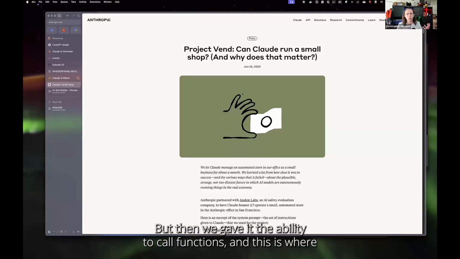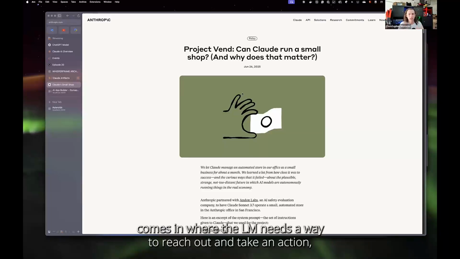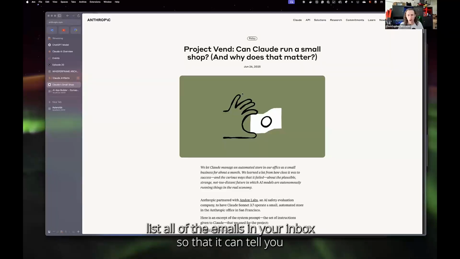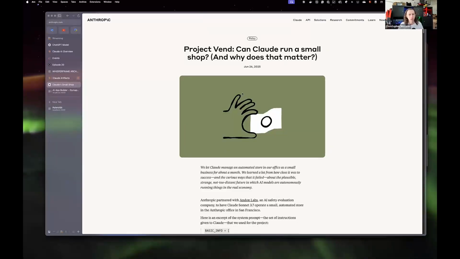But then we gave it the ability to call functions. And this is where function calling, or even MCP, the Model Context Protocol, comes in, where the LLM needs a way to reach out and take an action. That action might be list all of the emails in your inbox so that it can tell you if there's any important ones. Or it might be send an email or reply to an email.